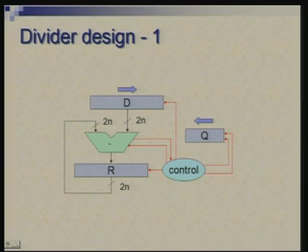Now, we will carry out similar kinds of improvements in this as we did for the multiplier. Okay. We will first make sure that the subtractor is reduced in size. Right now, it is a 2n bit subtraction, because D has the divisor, which is initially placed quite to the left and gradually it is shifting right. So, all bits are significant at some time or the other, and therefore, we are keeping a 2n bit subtractor.